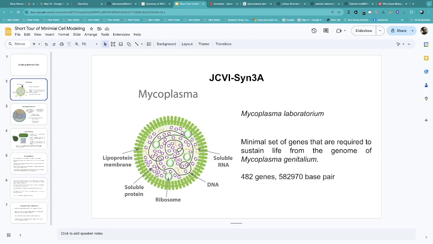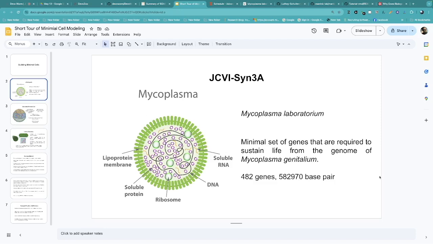They remove the gene, and if the cell died, then it was essential. If the cell didn't die, then it was non-essential and it was removed from that genome. In doing so, they could generate a minimal set of genes that are required to sustain life from the genome. And they've done some additional genetic engineering to enhance some of those genes to make sure that the line